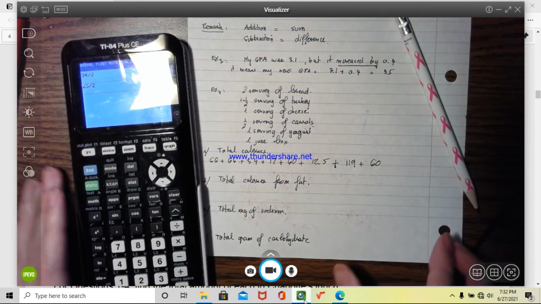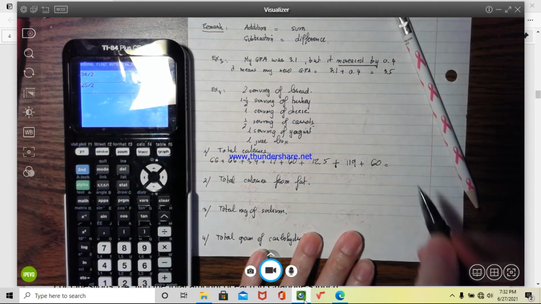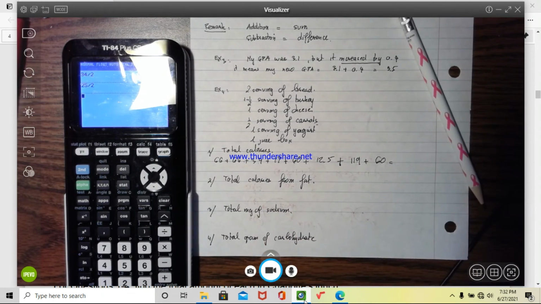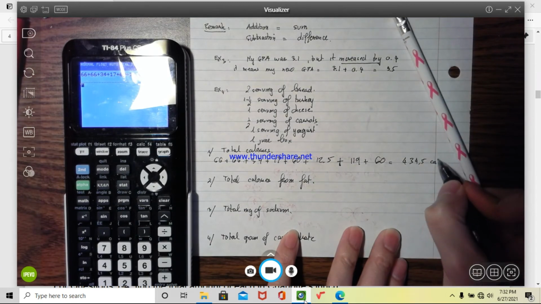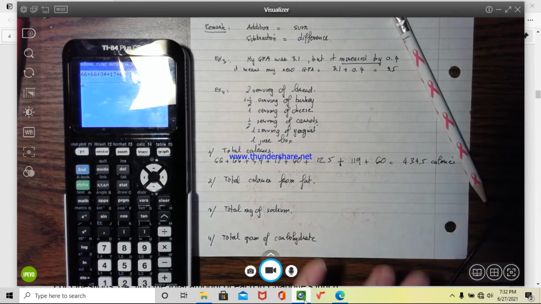So we're gonna add all of them together. It give you the total calories. So we're gonna have a 66, right? Plus 66 plus 34 plus 17 plus 60 plus 12.5 plus 199 plus 60. So the total is 434.5 calorie. Okay, that's the total calorie